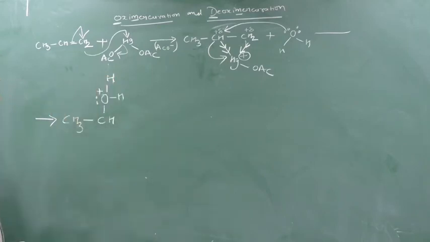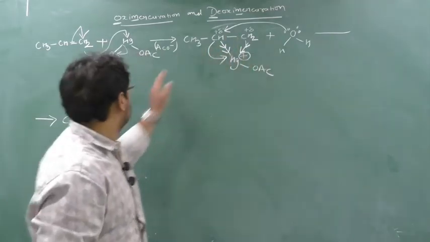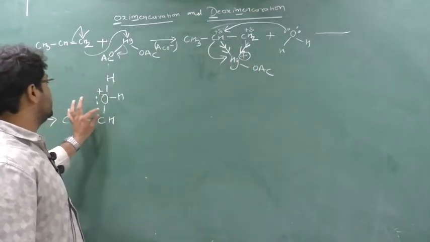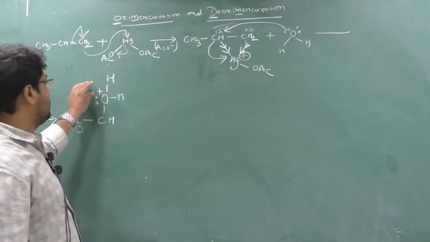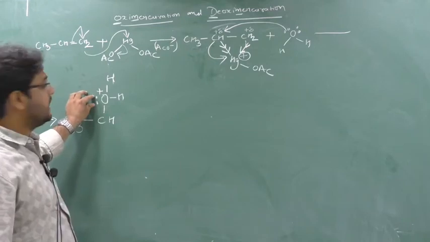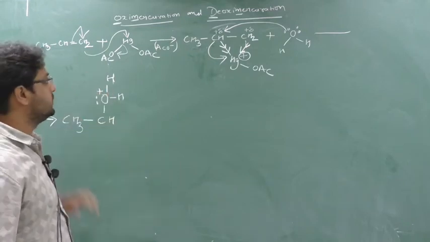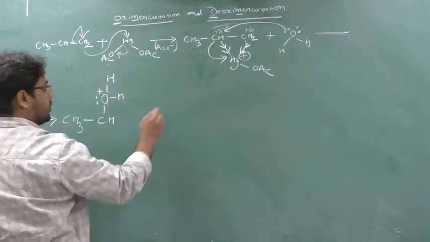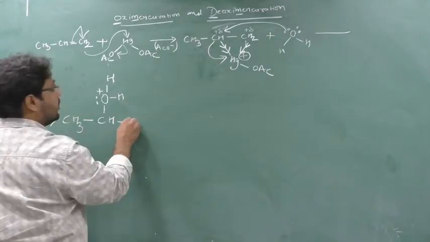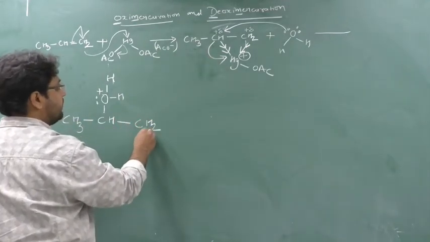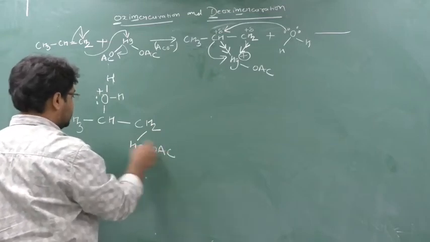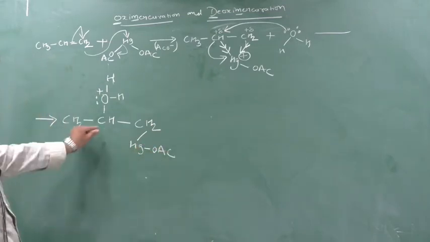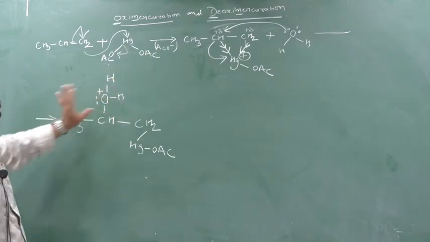Clear this part? Oxygen has given one lone pair, and one who gives the electron creates positive charge. So out of 2 lone pairs, one is given and one lone pair remains, and there are 2 H, so I have put 2 H. This bond has been broken, so this bond will go here now. There is a CH2, and there will be formation of Hg and OAc. This bond has been broken because this CH has made a new bond with this H2O.